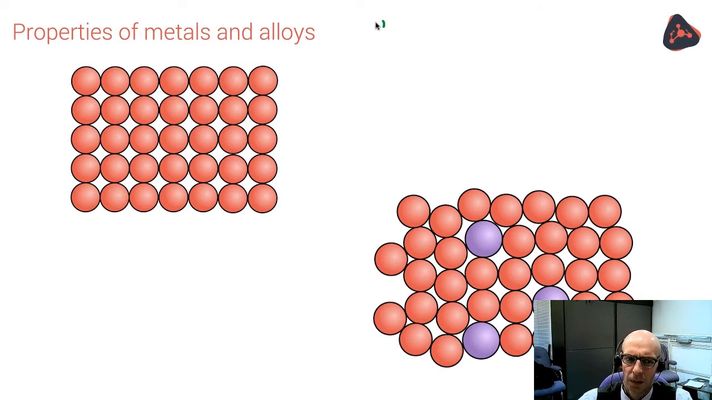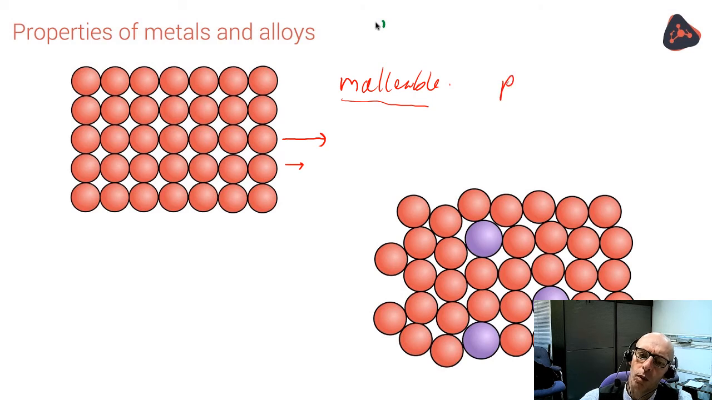Now, when I said a minute ago that metals were malleable, why are pure metals so easy to bend? It's because this row here can slide over the top of this row, and metals are easy to bend when they are pure metals. And pure means